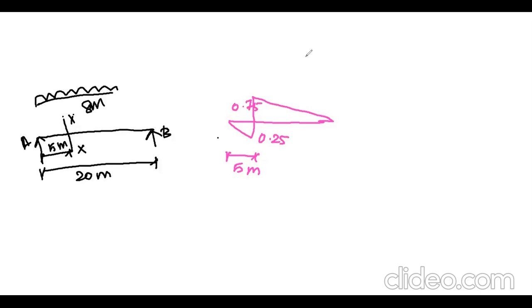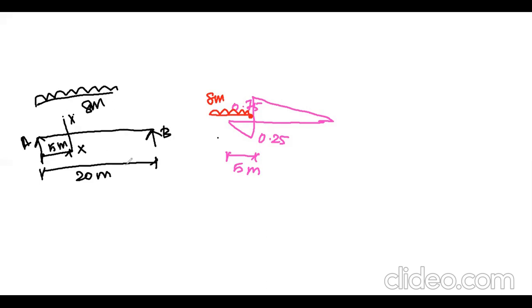Next, to determine the value of the negative shear force, you will be placing the head of the load in this region. This is the head. Here the problem is, the load is 8 meter, whereas the length of the beam on this side is only 5 meter, so this 3 meter will be left. You don't need to consider the 3 meter, because we are going to consider only the influence of the load which is acting on that beam. Only that 5 meter load will be acting, so we consider only that 5 meter. We don't need to worry about the 3 meter left on that side.